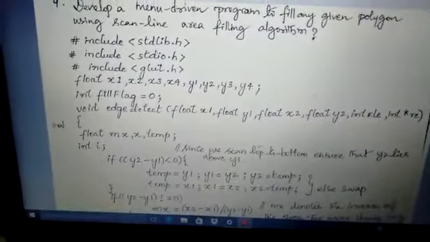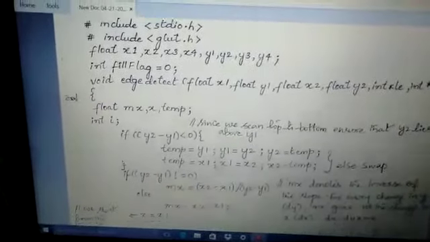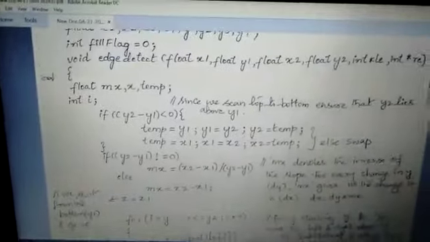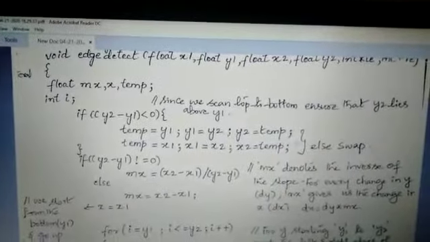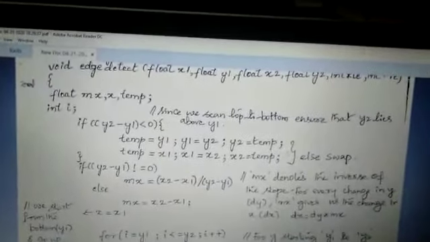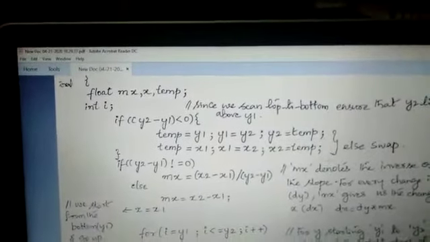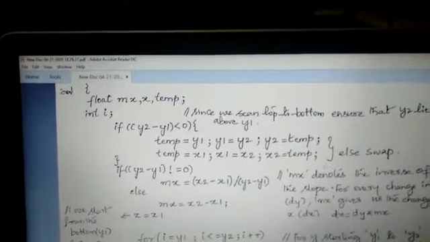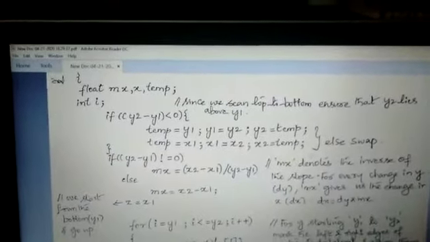As we move on, you can see here we are considering the polygon as a quadrilateral, since we would have x1, y1, x2, y2. Since we scan from top to bottom, we have to ensure that y2 lies above y1.